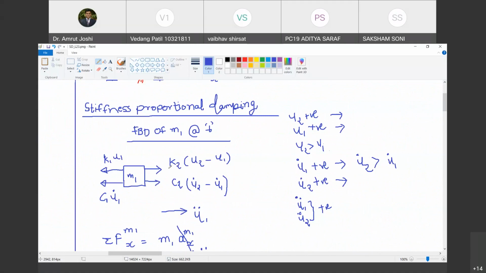So it is not like that. We assume that U2 is greater than U1, but if at the end of the analysis that is not true, because for all instants U2 is not going to be greater than U1. There may be some instant where U2 is less than U1, but at that time U2 minus U1 itself adjusts the sign of K2 into U2 minus U1. Are you with me? Yes, sir. Is the doubt clear or not?